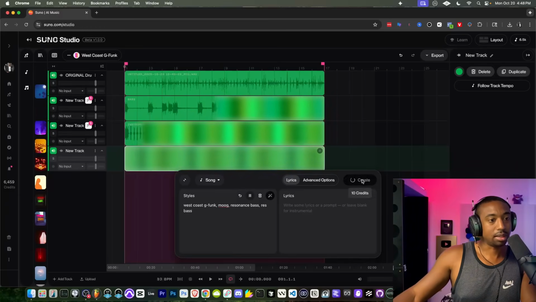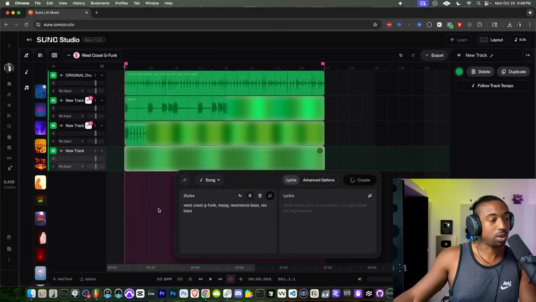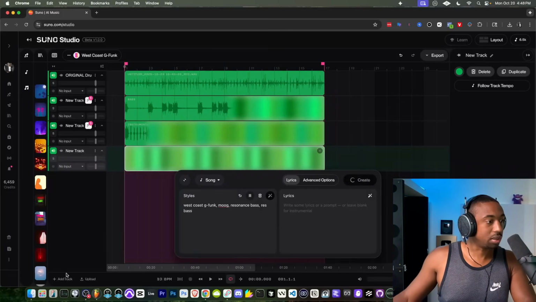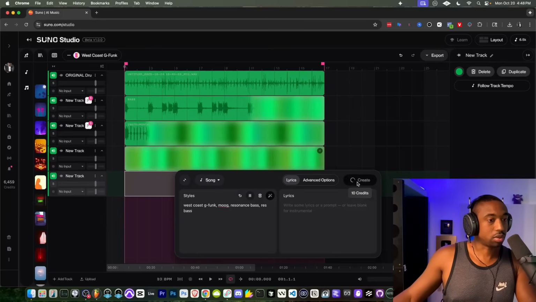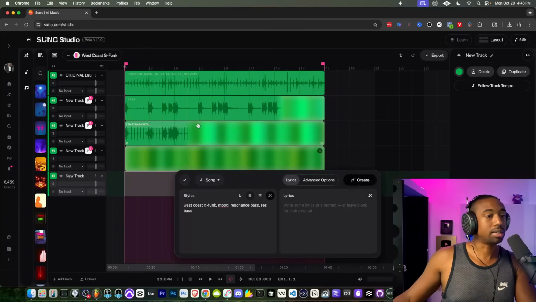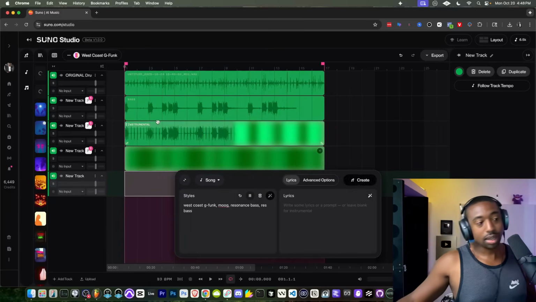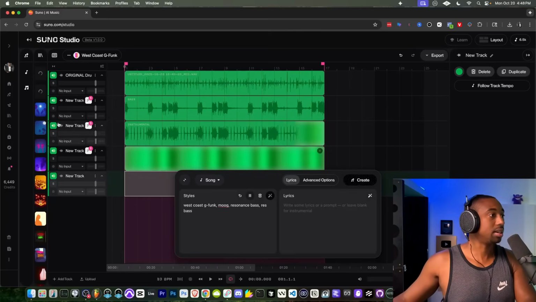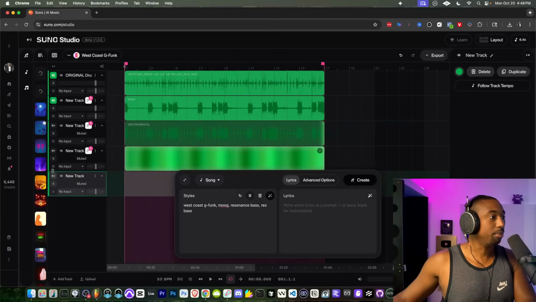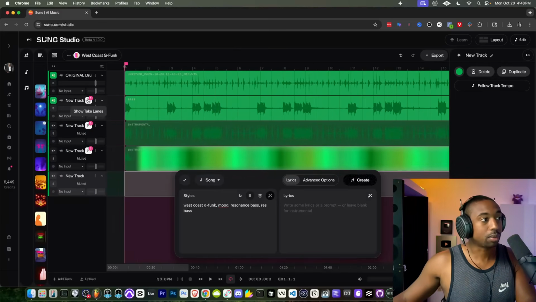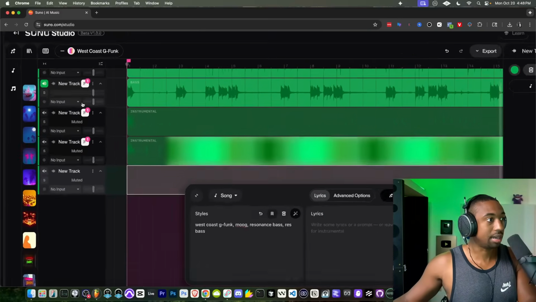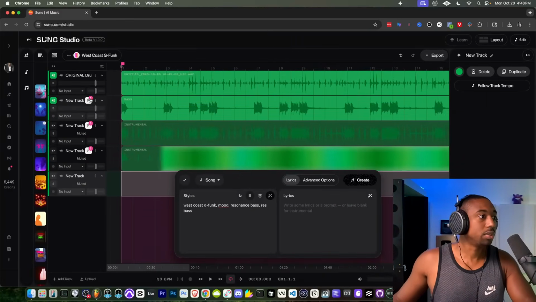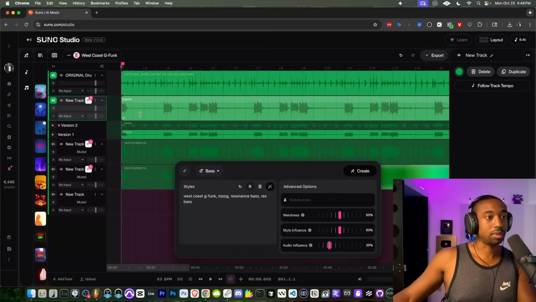So it looks like they've updated the create button as well. I've noticed this is more available than it usually is. Usually it has a circle, but it looks like we can generate up to 3 tracks. So we're going to get not just 3 generations, we're actually going to get 6 generations. I didn't know this for the longest time, but you can mute these tracks for now and then click where it says show take lanes. I didn't notice that for a long time. So if you click here, there's actually 2 versions of the thing it just generated.